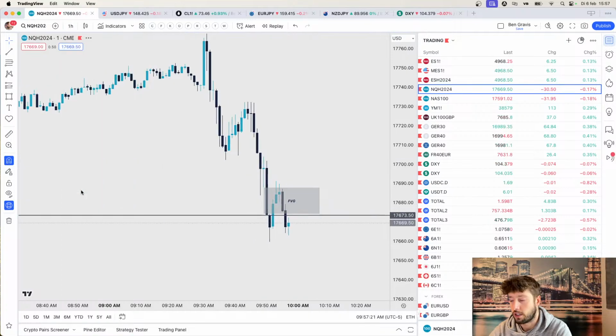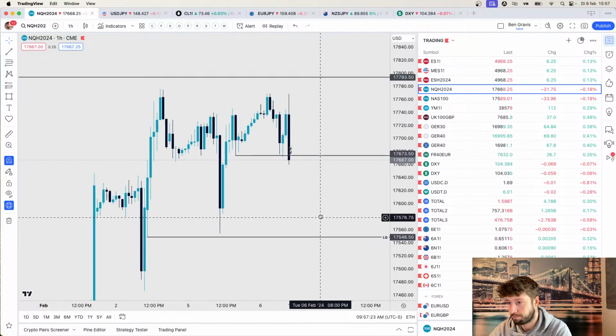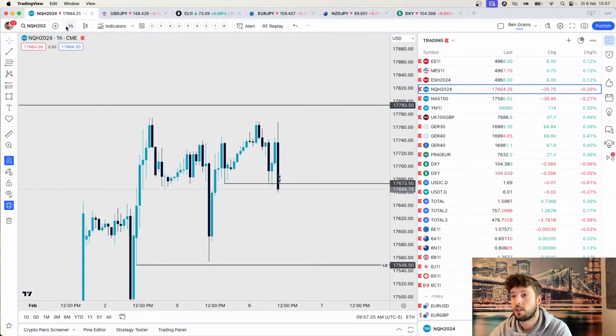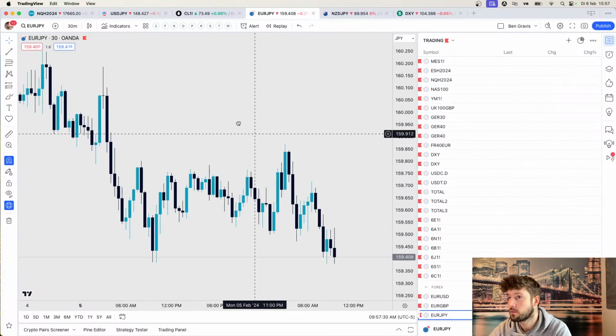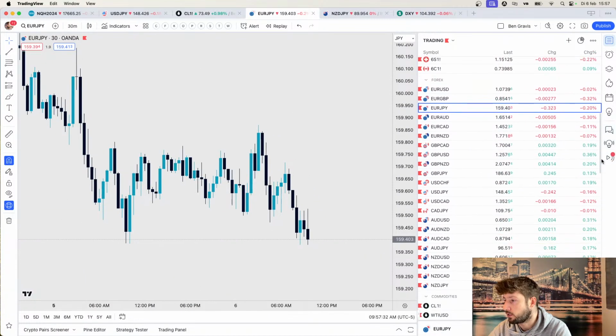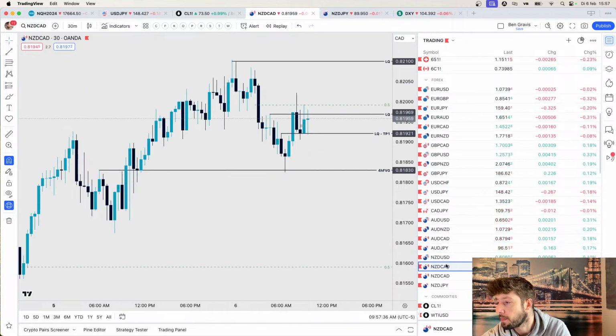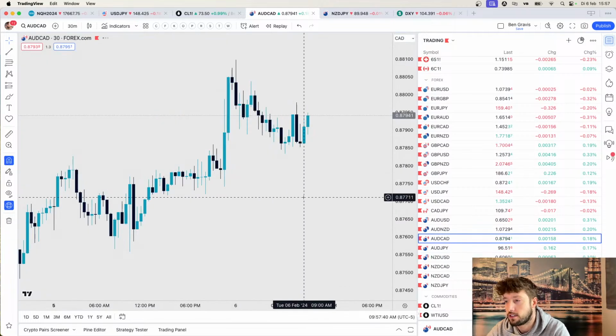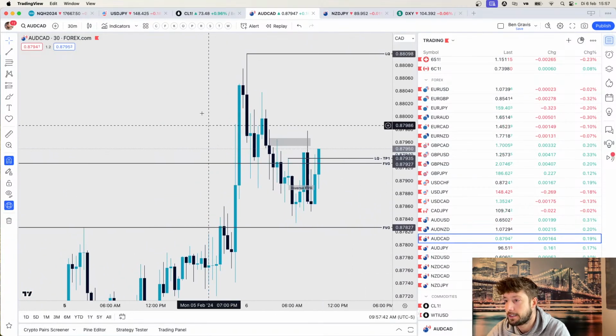So here I am kind of bearish for those equal lows. I've been looking at NZD Canadian and Australian dollar Canadian. I did some trades there, but